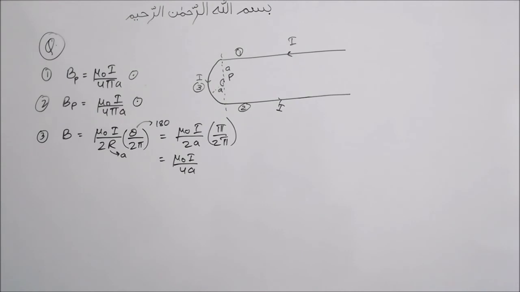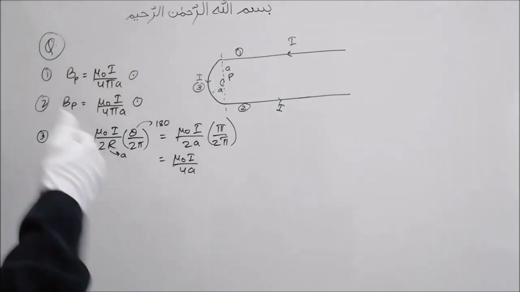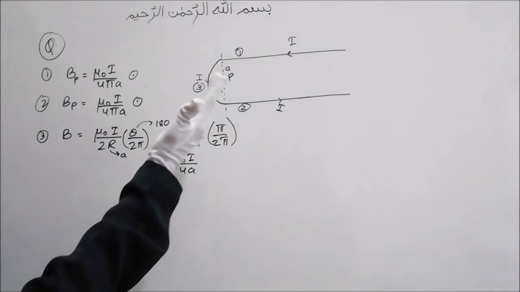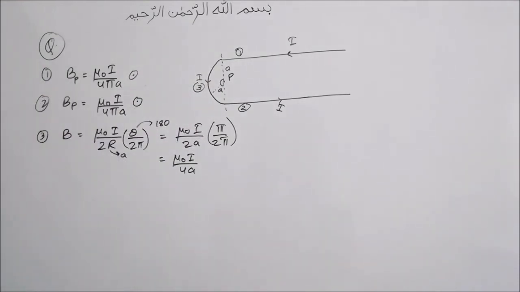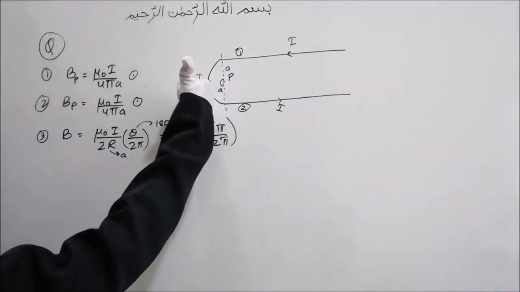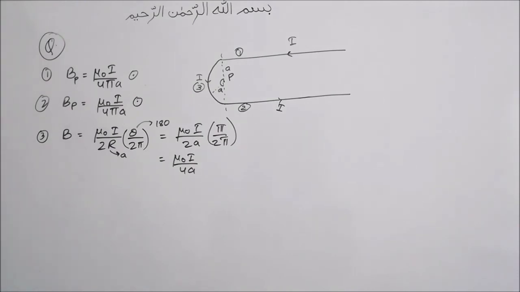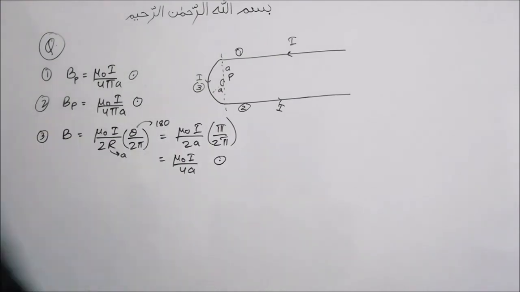Now what is the direction of this magnetic field? Whether it goes inside, outside, or which direction? For this, I'll take my same thing. Now instead of pointing my thumb towards the direction of current, I'll curl my fingers in the direction of current, and my thumb will give me the direction of magnetic field. The current is going like this. I'll curl it like this. My thumb is pointing outwards. So the magnetic field at point P is also outwards. I hope you understood that.